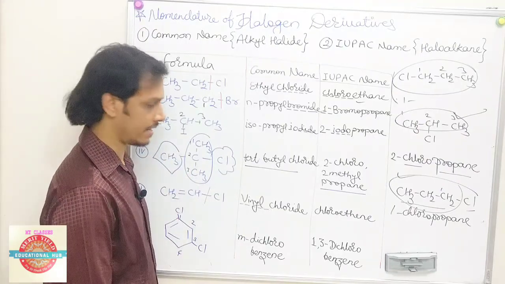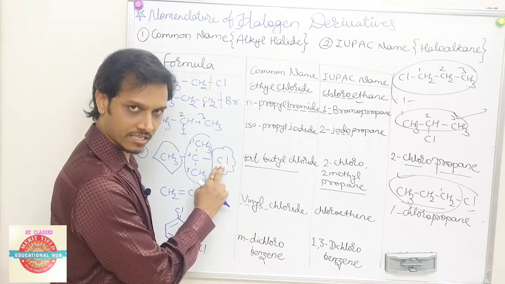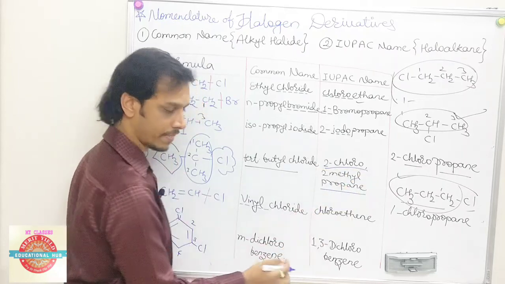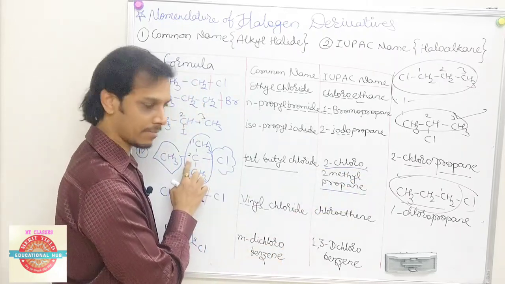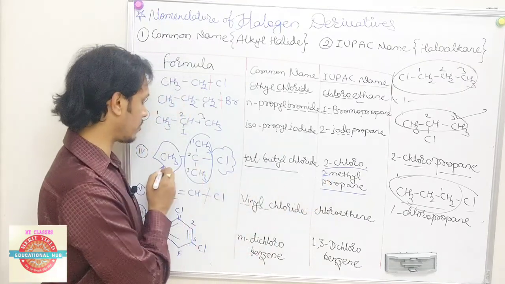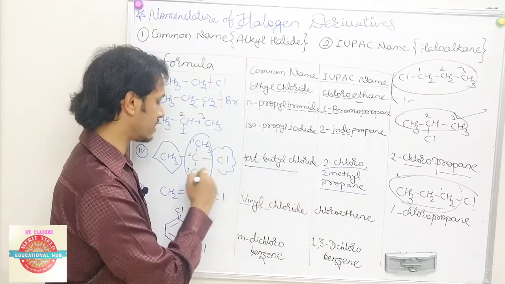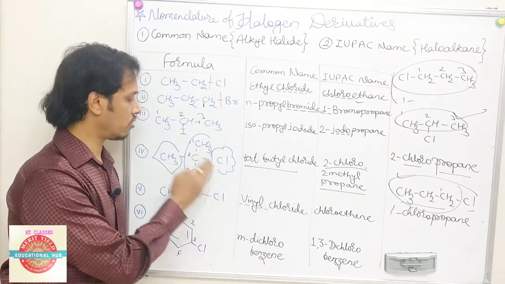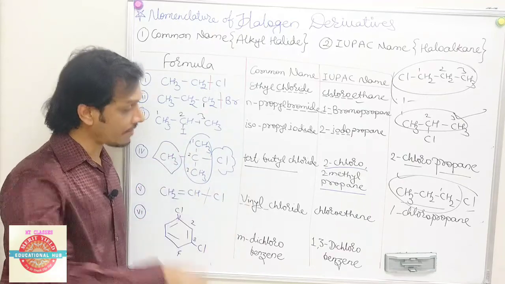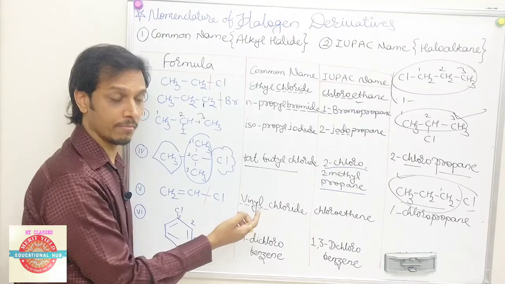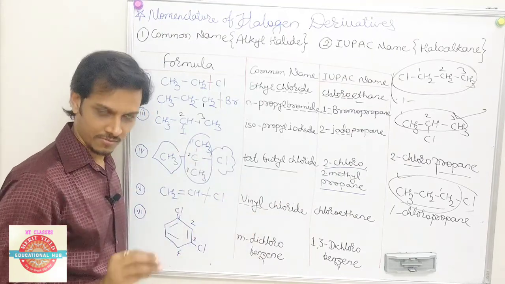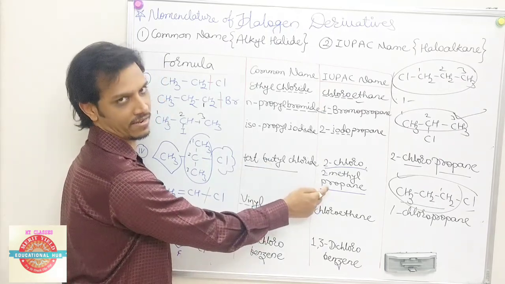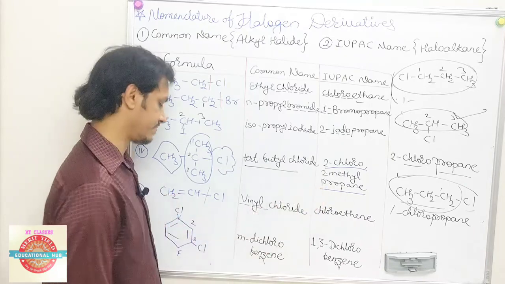One alkyl, one halide. So this Cl, as it is the guest, will get preference, that is 2-chloro. Why 2? Because Cl is on the second carbon. 2-methyl. Why 2-methyl? Because methyl is also on the second carbon. And why propane? Because this longest chain contains 3 carbons. So 2-chloro-2-methylpropane is the name of tertiary butyl chloride, meaning this compound. These 3 are exactly the same. Here butyl comes, but here we are not getting butane. That is the twist. Okay, hope you got it.